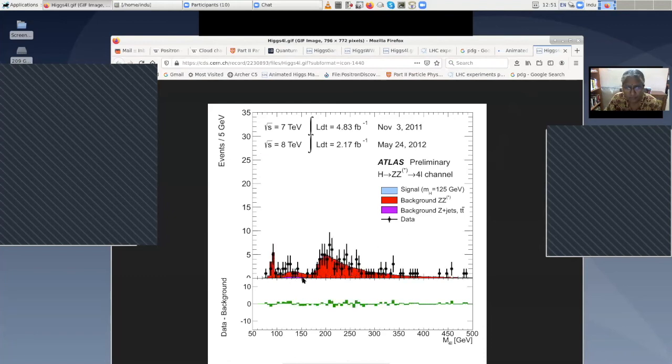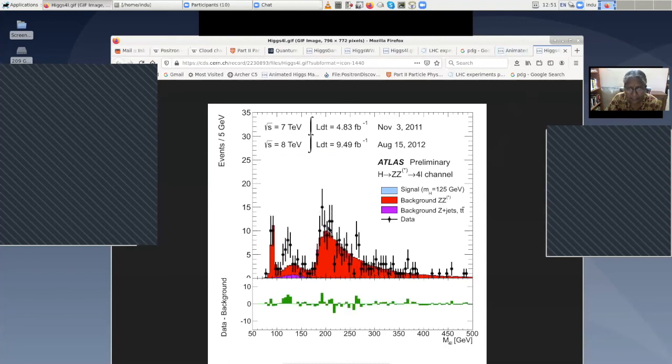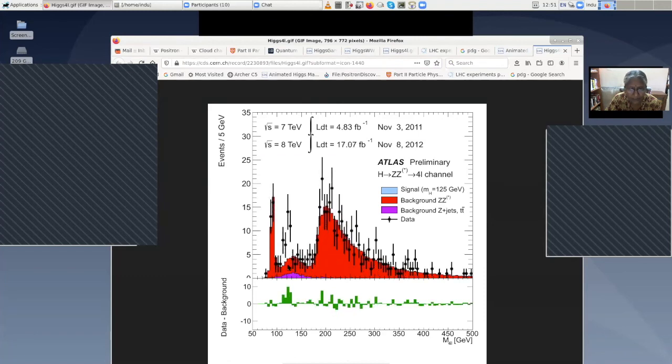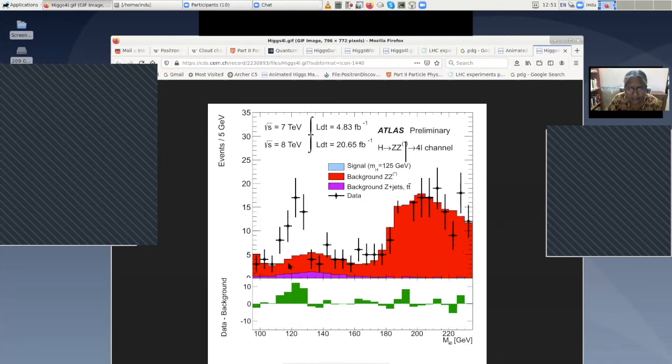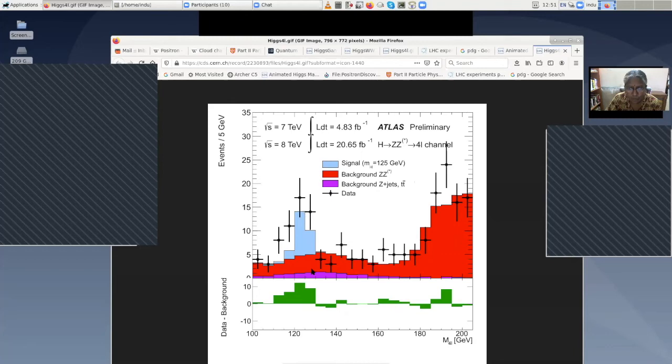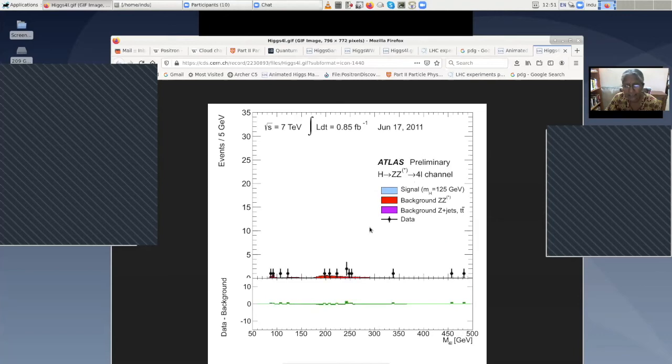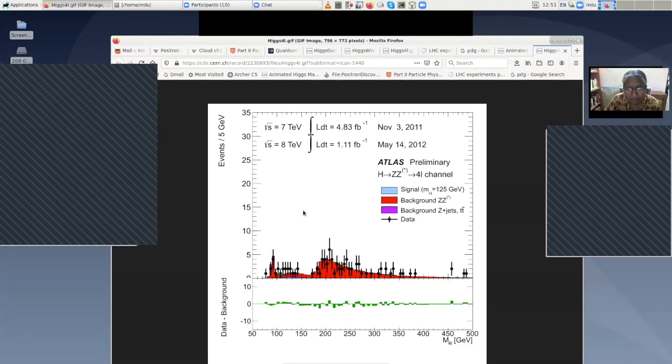Here, can you see this? Okay, I'm showing you a different one. So you can see that this is all the background. There is no signal yet. The background here is nicely fitting, the red color background is fitting the data. But here you can see that the data is far above the red color background. There is a gap between the black dots, which are the events, and the red, which is the background to the ZZ production. And the reason is that, if you have a particle which is at 125 GeV, and if that is the Higgs, and it decays into 4 leptons because Higgs goes to ZZ, one Z decays to 2 leptons, the other Z decays to 2 leptons, then it will match the data exactly.